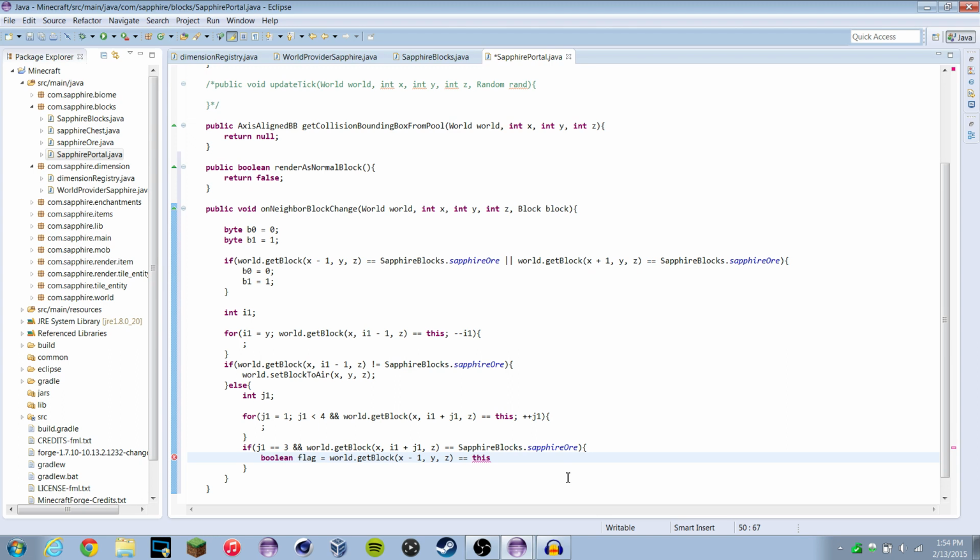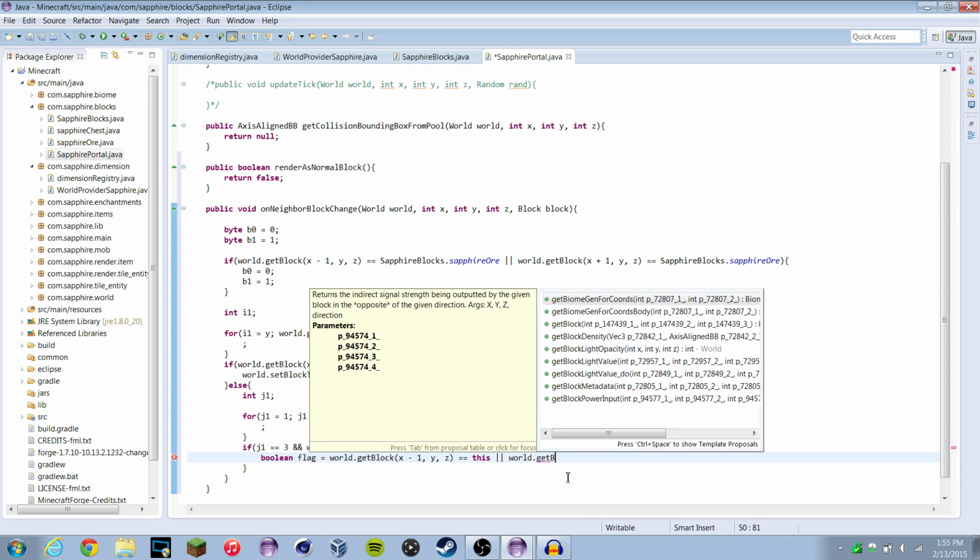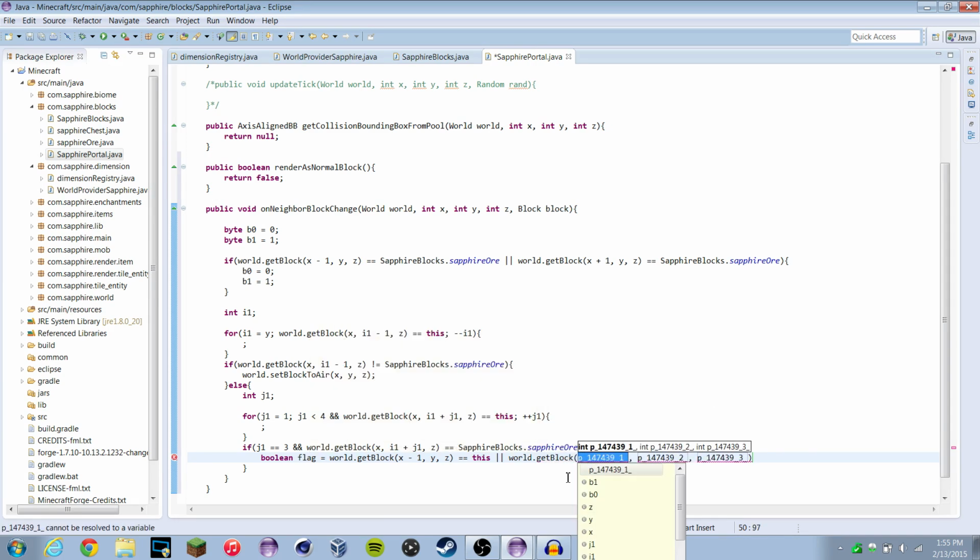So if the top block is that, and we have the block to the left is the portal block, or the block to the right is a portal,